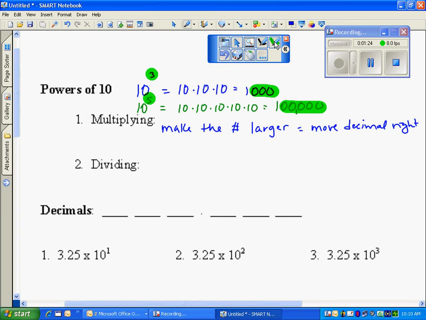So notice if I have 10, I'm moving my decimal this way and making the number larger. When I divide any numbers, what they do is make the resulting number smaller. How is that going to affect the decimal? It's going to move